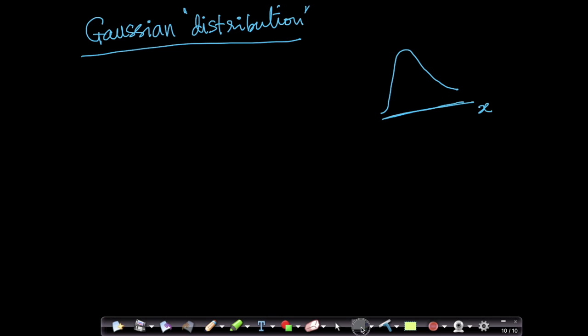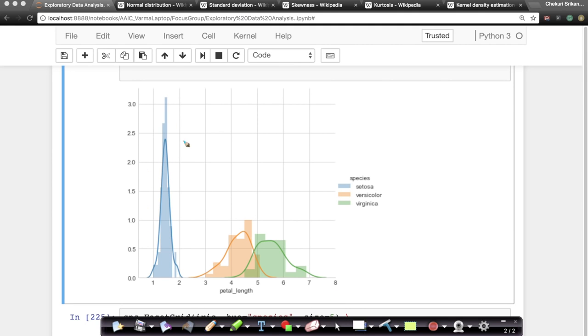And by the way, we just saw such a shape when we were looking at, if this is my petal length, the probability density function of my petal length of Setosa, versicolor, and virginica flowers. They actually look like the bell-shaped curves that are very representative of a Gaussian distribution. This is a very popular distribution that's used extensively in statistics, and we'll learn everything about it one